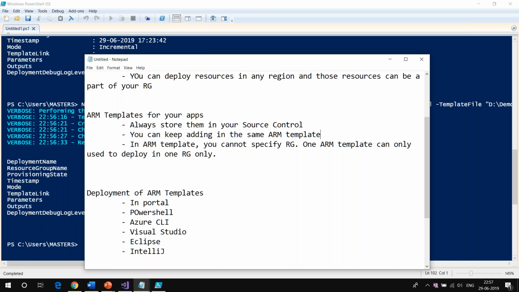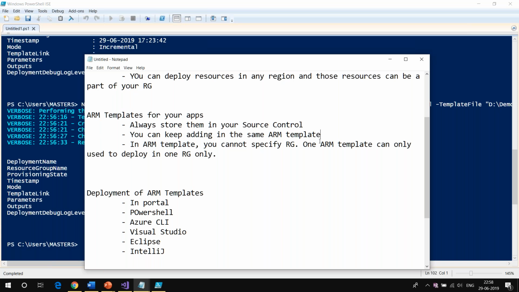Next time I want to deploy a VM, and I've added the new VM into the ARM template. Now if I run the same command, just like everybody was saying, it should fail. If it fails, this means I will have to remove the storage account from the ARM template. That's not a good thing to do. So when you are creating the ARM template, it is only responsible for creating the resources. It will check in the same resource group if the same resource exists, and it is not going to touch it.